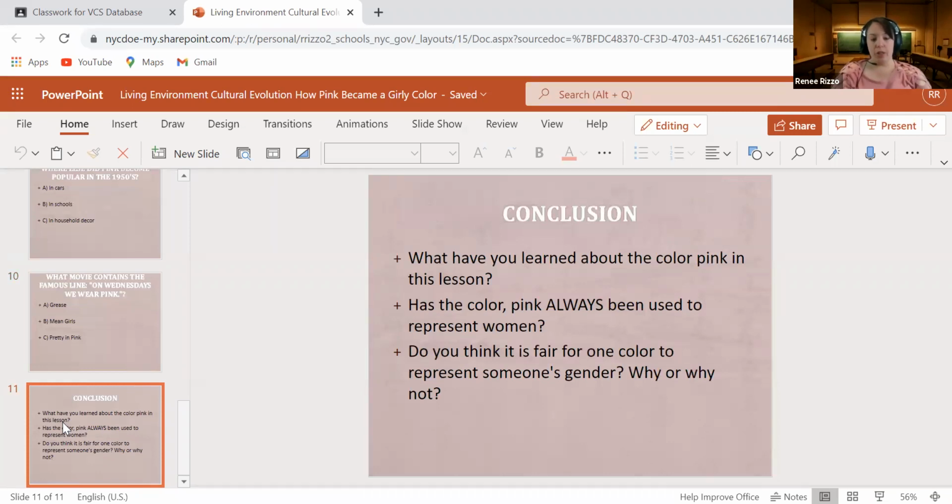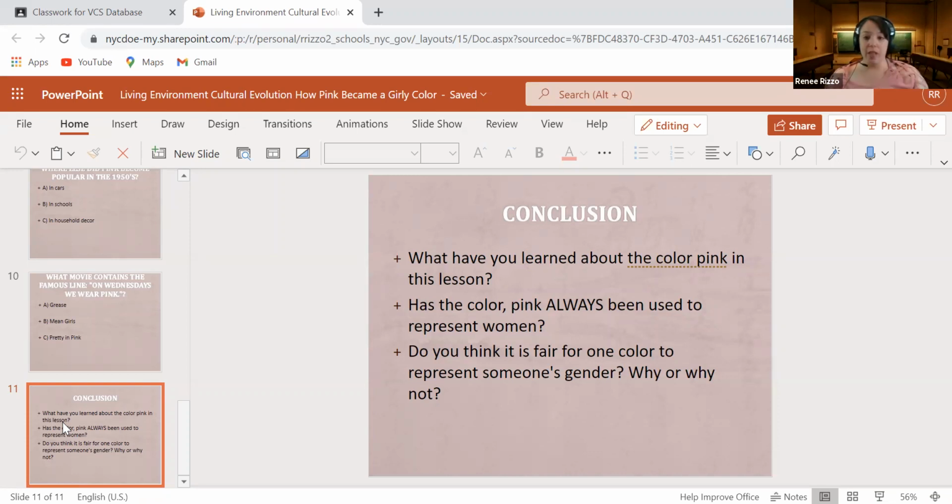So, for a conclusion, you can discuss the following three questions with students. One, what have you learned about the color pink in this lesson? Two, has the color pink always been used to represent women? Three, do you think it is fair for one color to represent someone's gender? Why or why not? So, if your students are verbal and able to communicate in multiple word sentences, this should